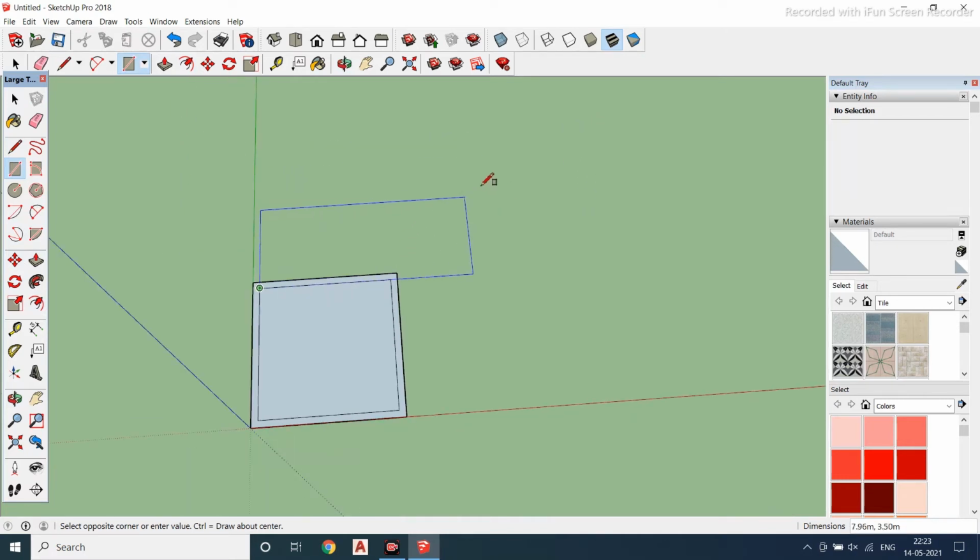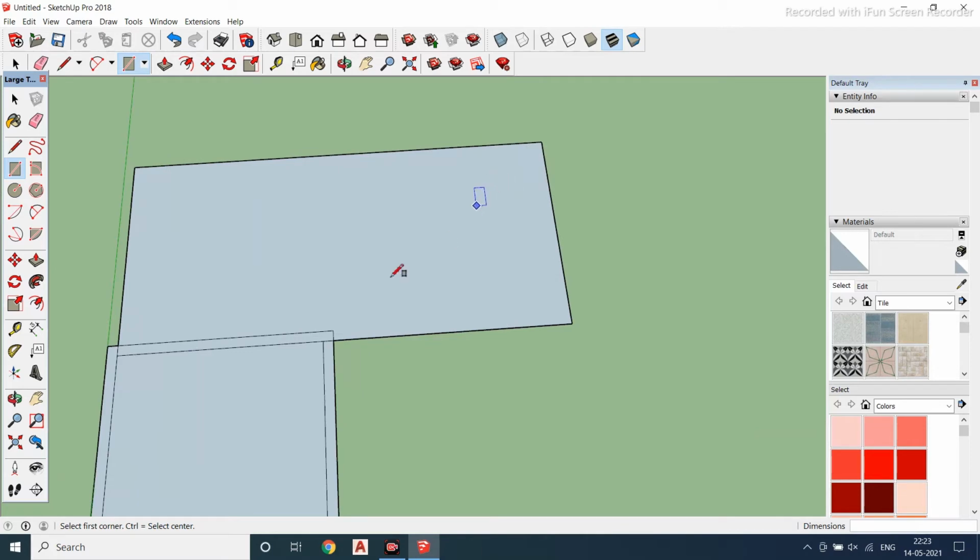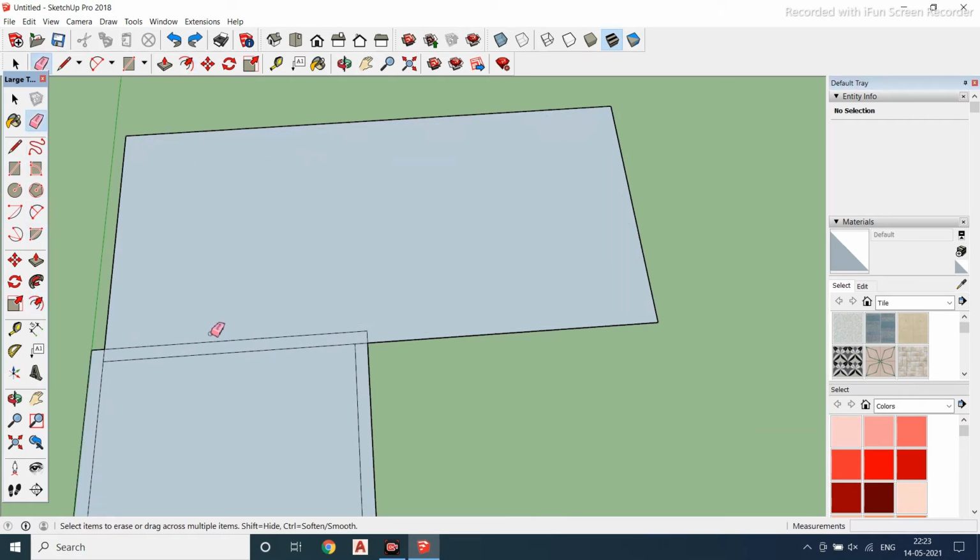Suppose I consider this as my living area. So how much can I take it as? Control Z, come out of the command.